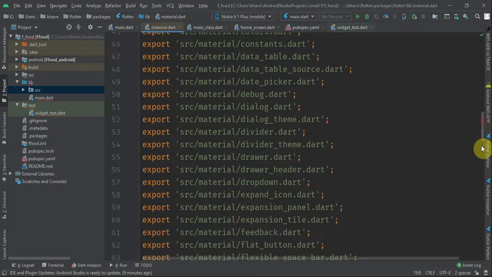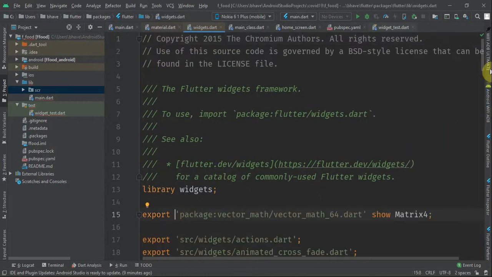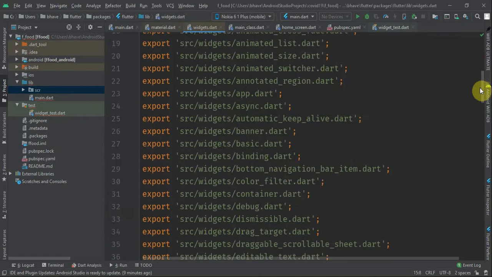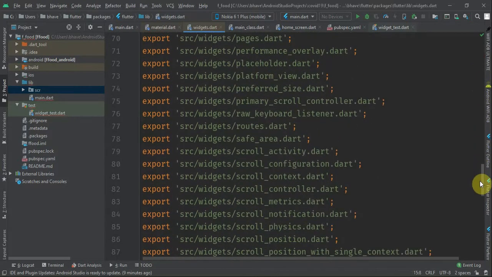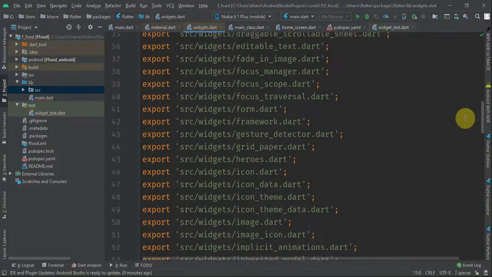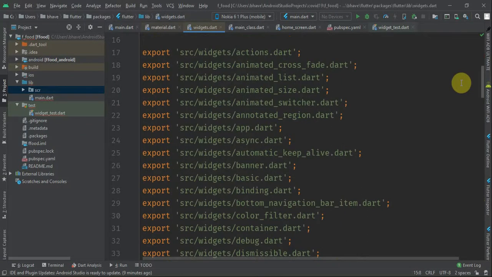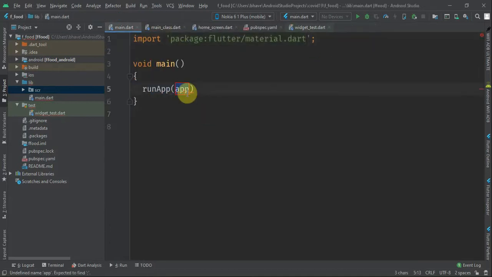So inside of the export widgets, I should see how I will find runApp. Okay, Row is there, SafeArea is there, everything is there. So that's what you can write in the comment section, from where you have found it. This is the task for you. Definitely we can find it, but I'm not wasting time on that. So you can find where this method is coming from. Inside that we have to pass one class, right?